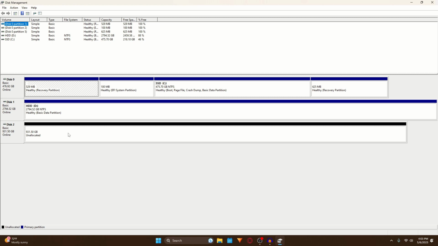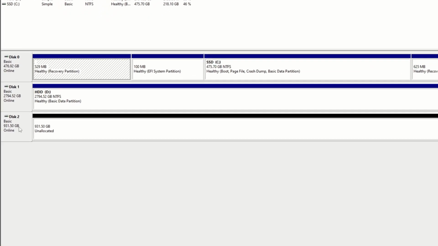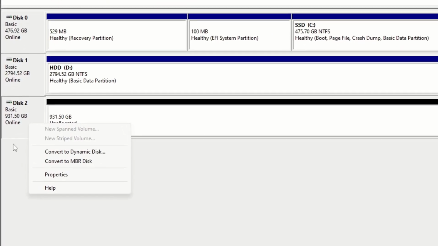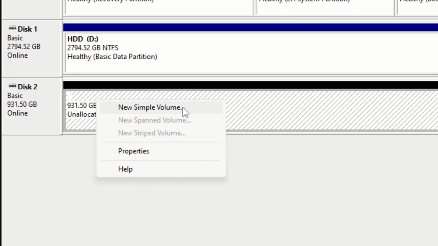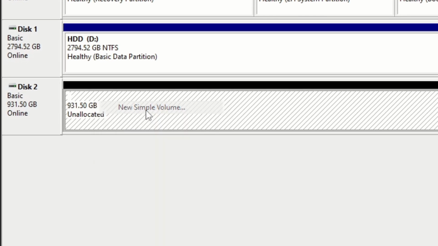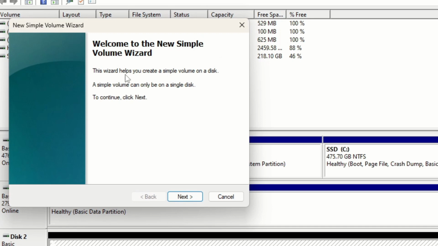And here we can see that it's unallocated, so that means it's not formatted, and if you go to files, your computer would not recognize it. So what we'll need to do is create a new simple volume, and it'll bring up the wizard,